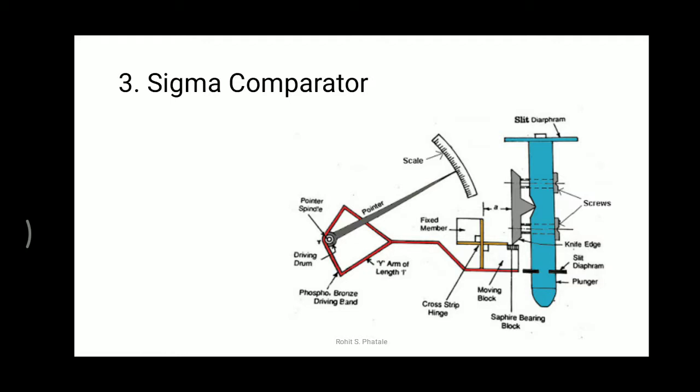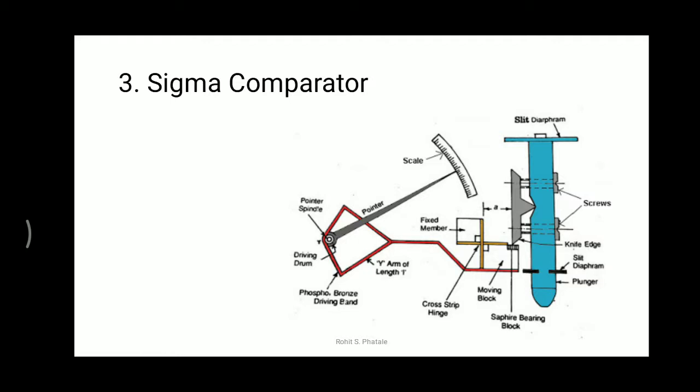A complete dimension or a very small change in dimension can be magnified and recorded on the scale. Generally, comparators are used to compare the standard reading and actual readings.